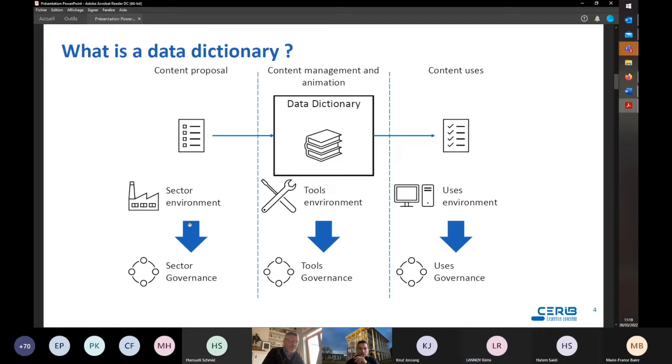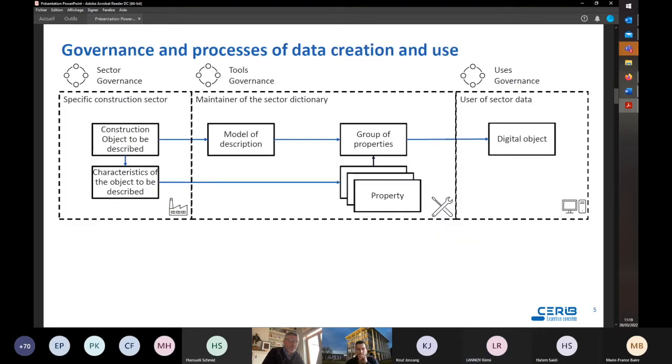Here we specify the stages of creation, management, and use of the data in relation to the perimeters of each of the governance described above. The initial description of the object remains the initiative of a particular sector of the construction industry.